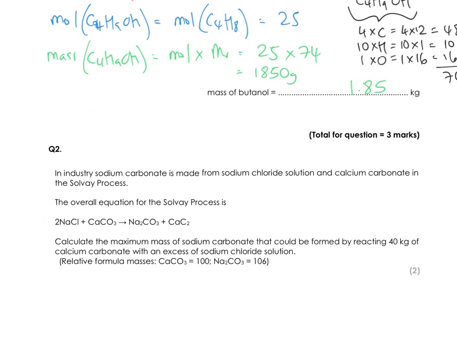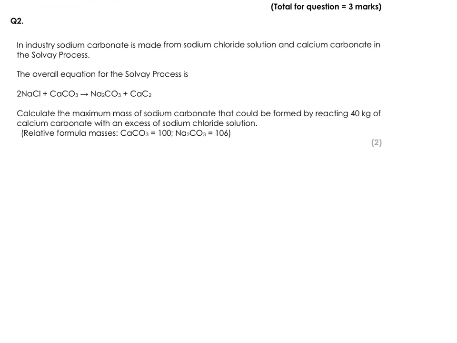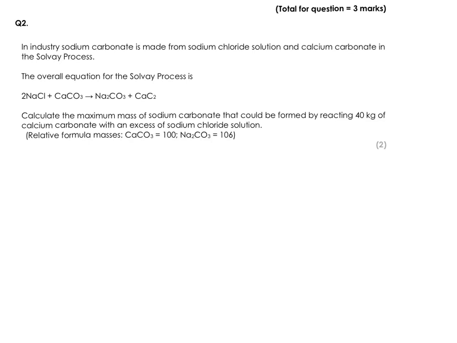The next question, question 2. So it says, in industry, sodium carbonate is made from sodium chloride solution and calcium carbonate in the Solvay process. The overall equation of the Solvay process is this. Calculate the maximum mass of sodium carbonate that could be formed by reacting 40 kilograms of calcium carbonate in excess of sodium chloride solution. And they've actually given us both relative masses that we need here, so this makes it slightly easier. So we're going to be following, again, Mr. T,